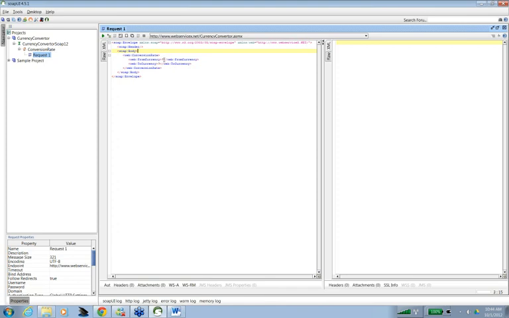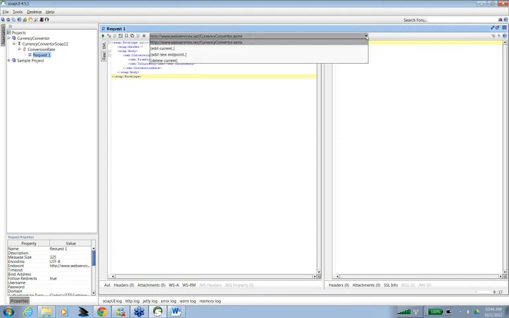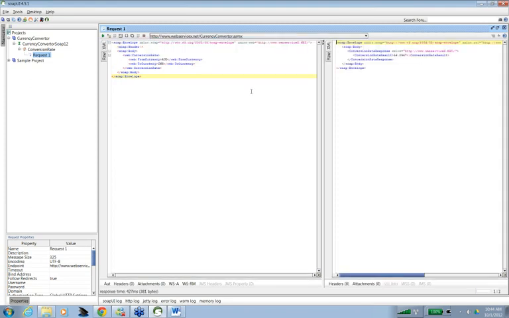As we know, there are two messages, from currency and to currency. In from currency, let us type AUD, and in to currency, let us type INR. Then this green button means it's going to submit the request, and if I hover my mouse over it, it says submit request to specified endpoints. We have just one endpoint, we can add a new endpoint. So let us try to run this.